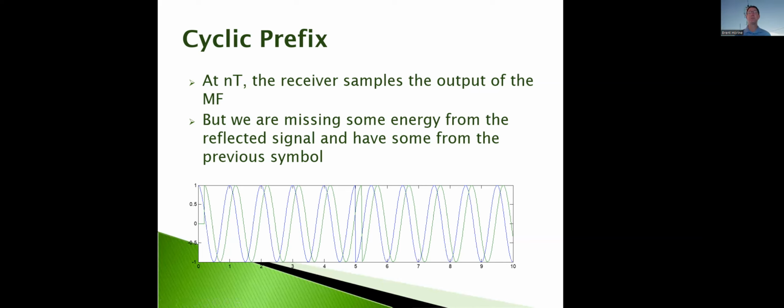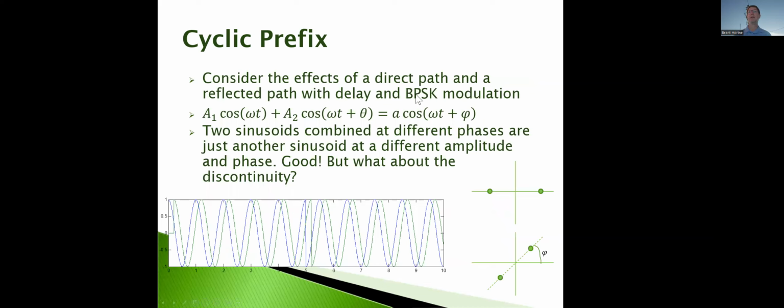So in this case, we assumed it was going to be a BPSK modulation. And so we have these two different symbols, right? And this would be a plus and this would be a minus. But those symbols are composed of these 5 periods of cosine waves. I guess I did skip over this little subtle point here that might help you understand the problem. If you look at these two waveforms,